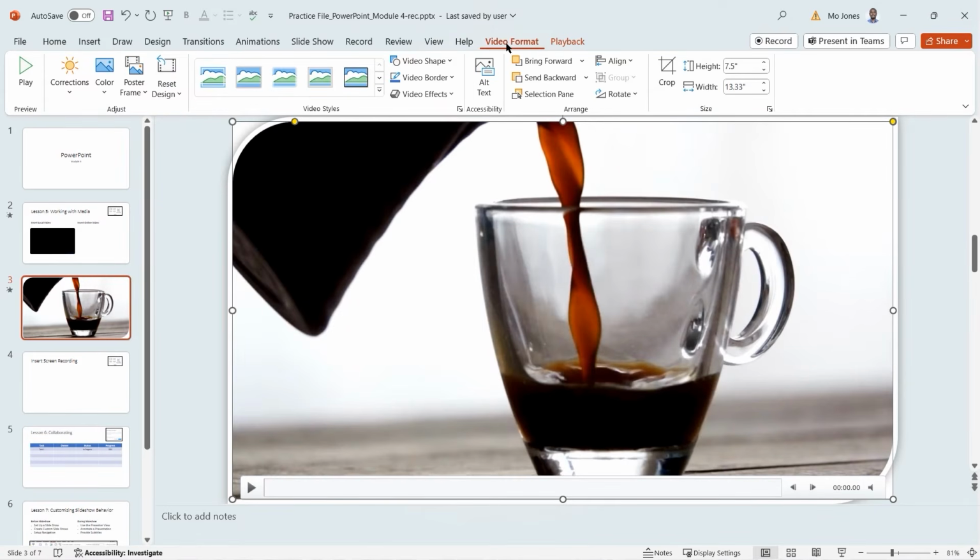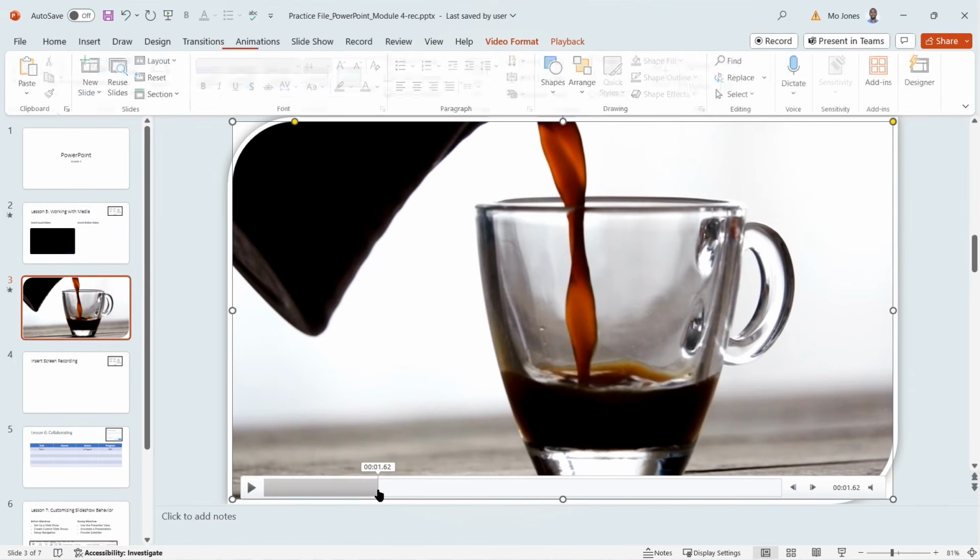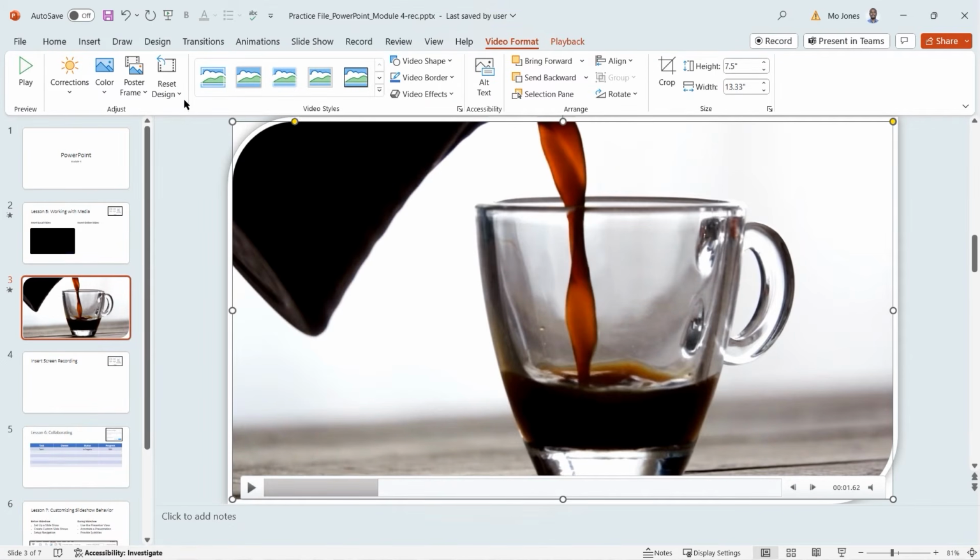Right. Now, one of the things is we have what's called a poster frame, and this allows us to basically put a poster on the first glance at the video here. So if I wanted to maybe show this part, I can go ahead and click on poster frame, and I'll say this will be the starting frame for my actual video here. You can also go ahead and insert an image. So if you wanted to insert an image from file, that's basically what you'll see before you actually play the video. So if I click play here,